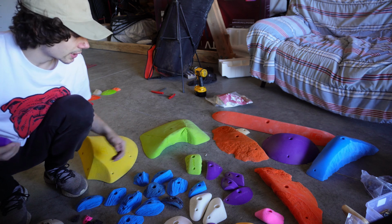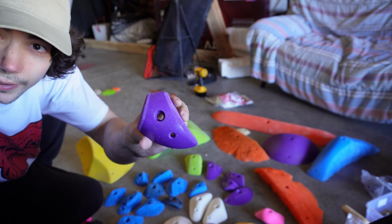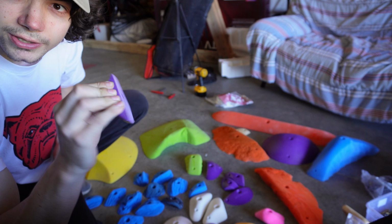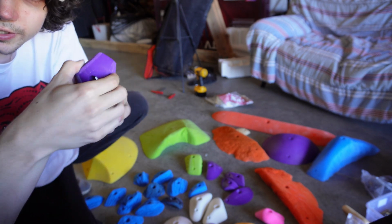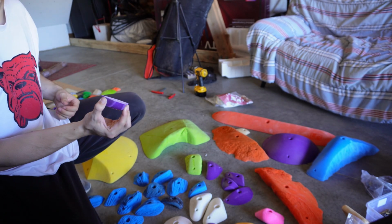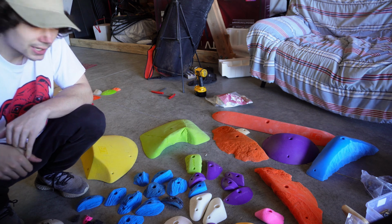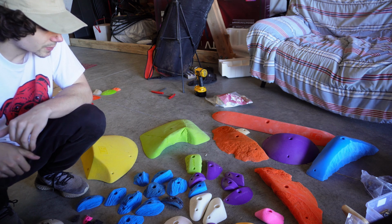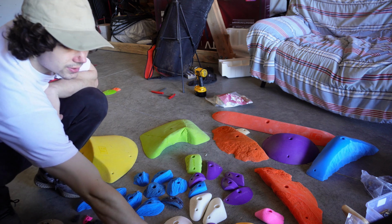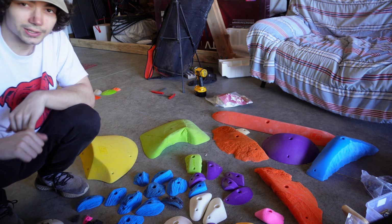Also wanted to mention, it looks like I got three of these kind. These are like three-finger pinches, or I guess you could do four fingers, but they're this really interesting dual texture kind of pinch that I've never seen before, and they're really cool. And the overall number of holds is, I think, maybe a little bit underwhelming. It's not as many as you'd think you would get, but that just lends itself towards